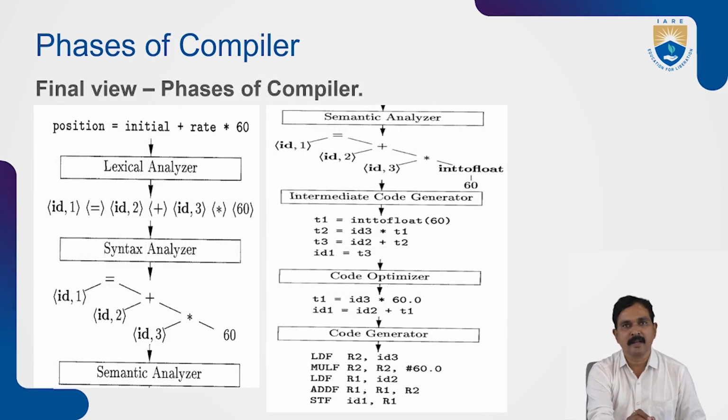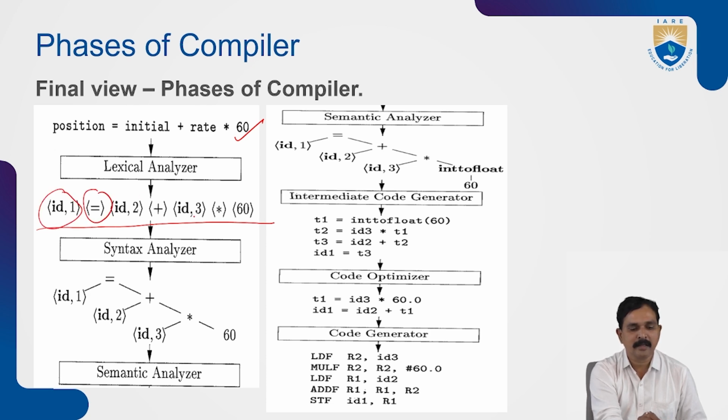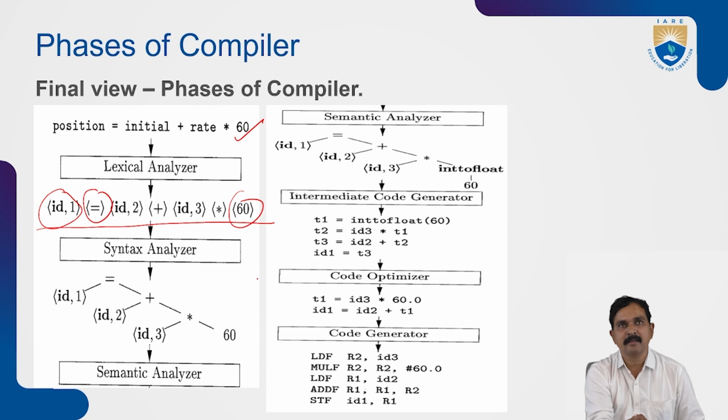What happens here? In the final view, any user gives some language statement. Tokens are separated here. This is one separate token, this is another token, and like that all tokens are separated. This is the lexical analyzer. The lexical analyzer separates the tokens of the language statement. After that, these separate tokens are arranged in a tree structure. And after that, whether any semantic inconsistency is there or not is verified by the